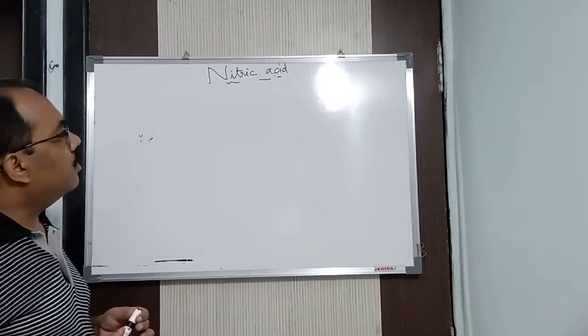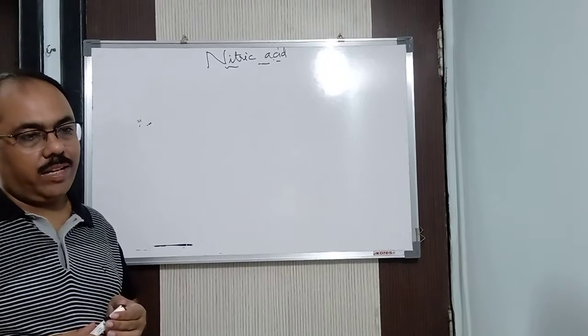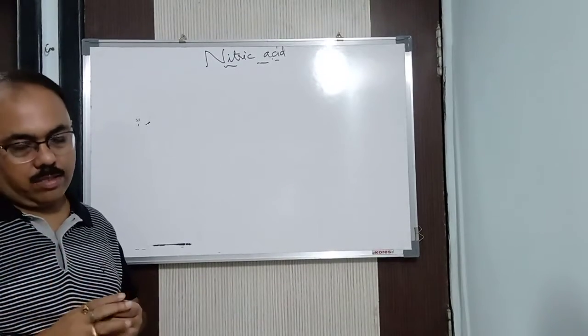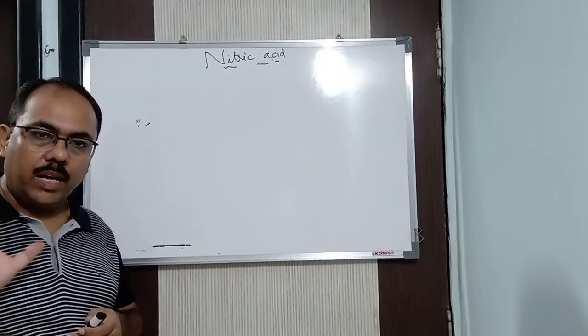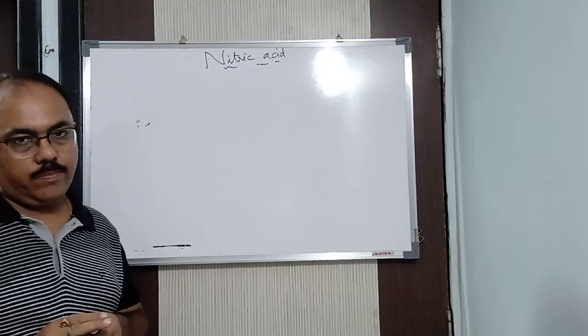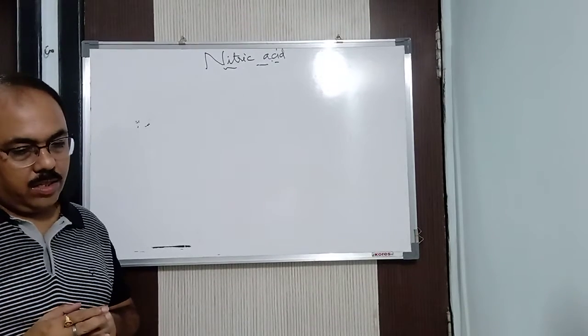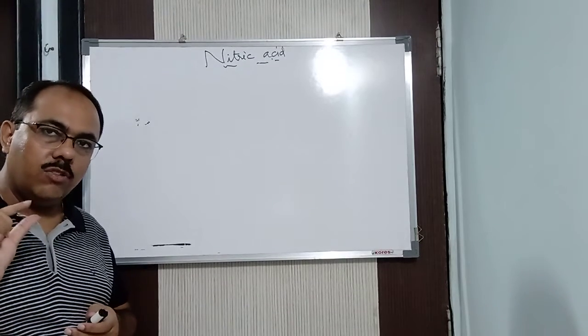So continuing with the properties of nitric acid. I have told you in the properties of nitric acid, listen carefully once again. Nitric acid is an unstable acid. For that reason, we keep nitric acid in colored bottles, in a cupboard, otherwise it decomposes. For that reason only, commercially prepared nitric acid has got a yellowish tinge.